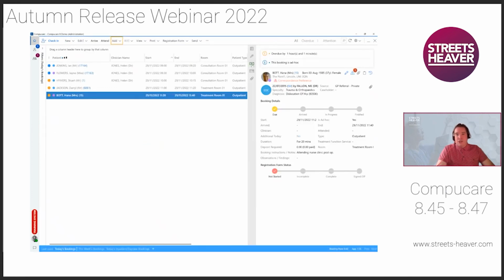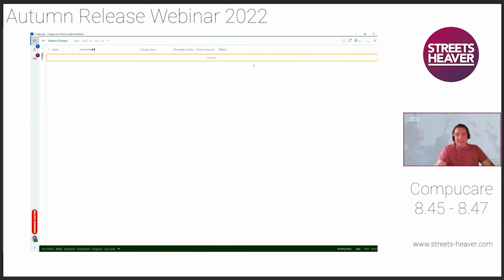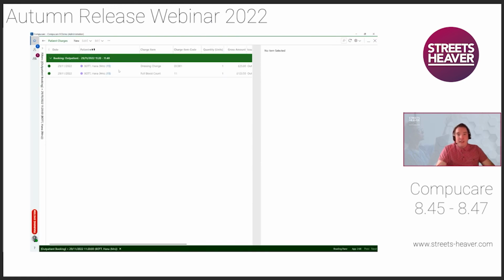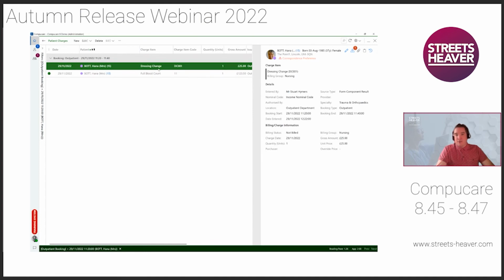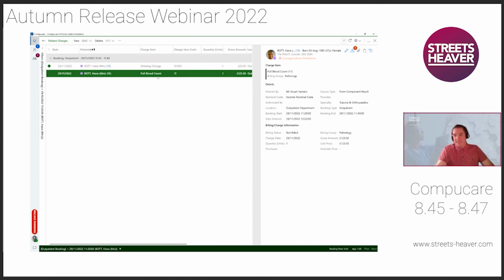And now this section in the middle is lit up. So if I click onto that, what we've got is the dressing change and the full blood count. So £25 in my case for that, and £123 for the FBC. Obviously, when you come and bill all these charges, it will go through the contract rules engine and price them correctly and things like that, or these charges will get picked up in your work in progress calculations and come out at the right prices. But the idea is that someone can record clinically what they've done, tick, tick, tick, some notes, some drop down fields, etc. And then whatever was chargeable out of that can end up straight away onto the patient's account as